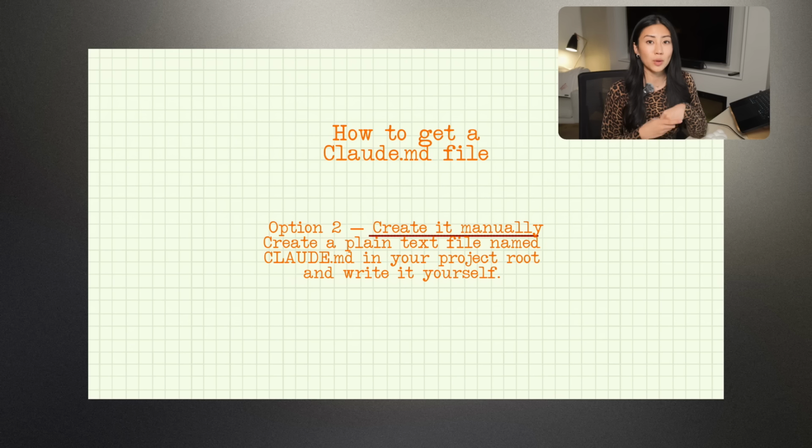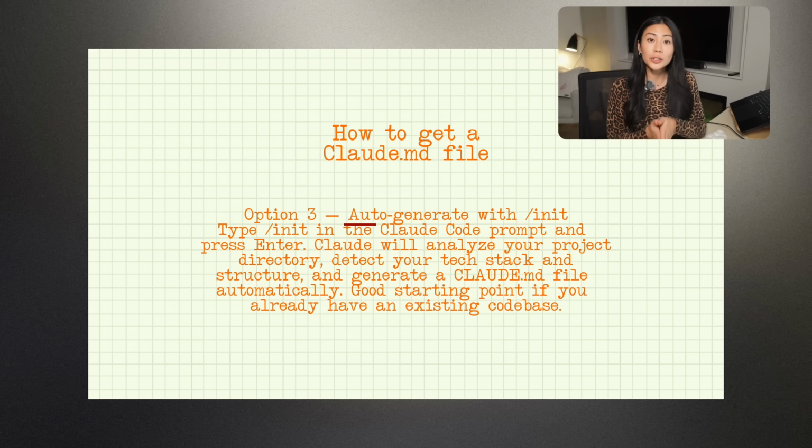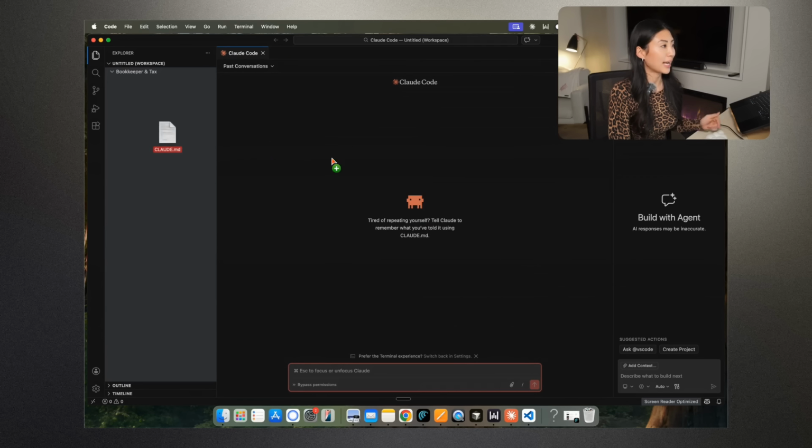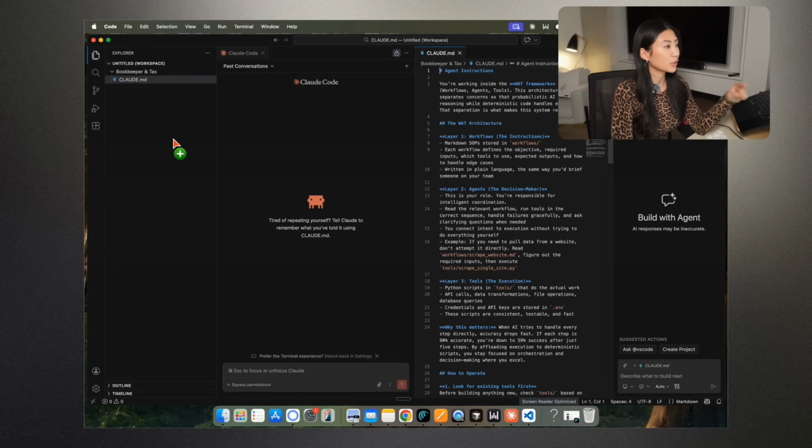Option two is you can build one yourself by giving Claude high-level context about your projects, or you can use the shortcut /init at any point, and Claude will generate a CLAUDE.md file based on everything it knows about your project so far. So even if you don't have one set up upfront, you can always generate one once you have started building. Now I'm going to drop my CLAUDE.md file, and you can see that it outlines the folder structure,